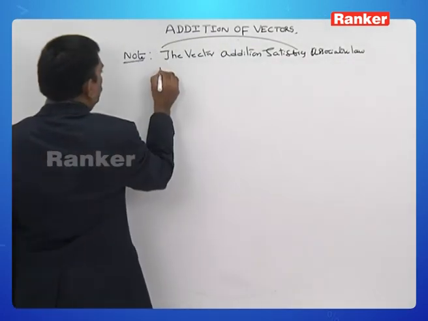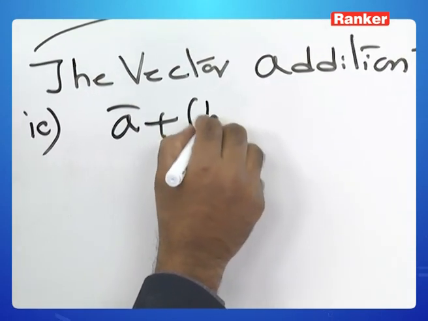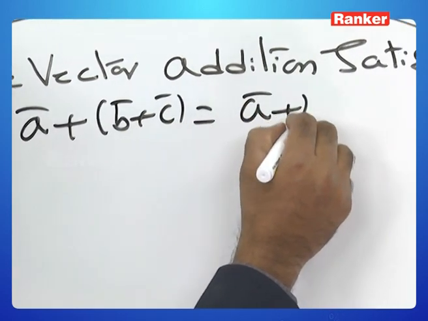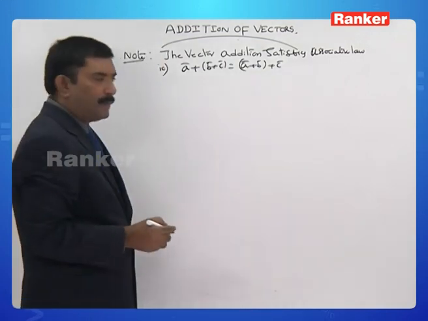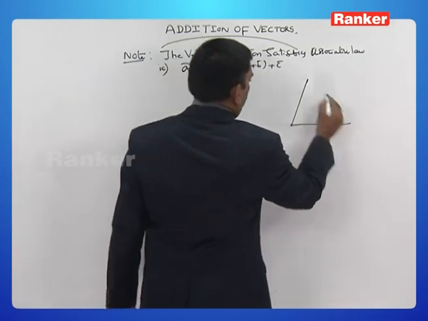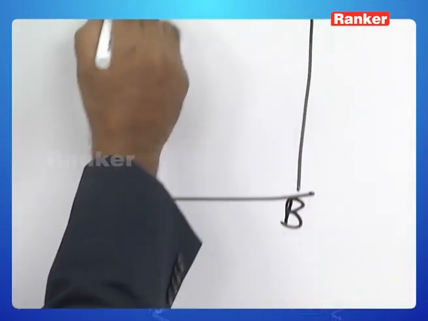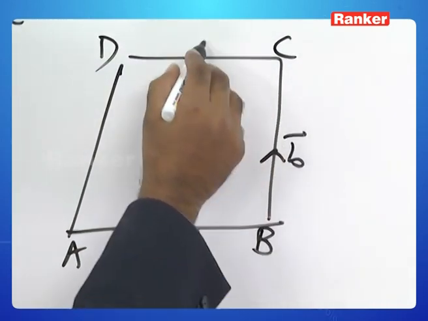That is, A bar plus of B bar plus C bar is equal to A bar plus B bar plus C bar. So now let us start. If I take a parallelogram, let us consider AB bar is equal to A, BC bar is equal to B,